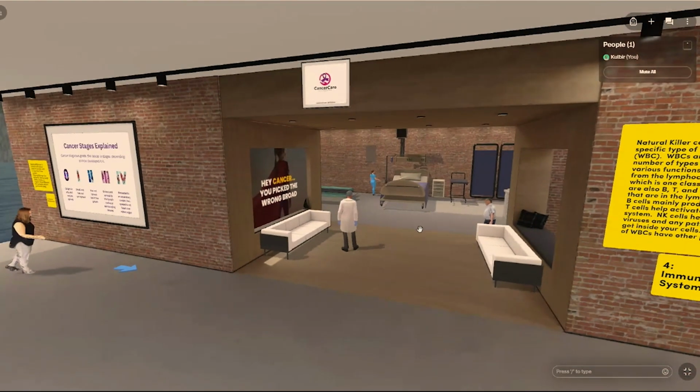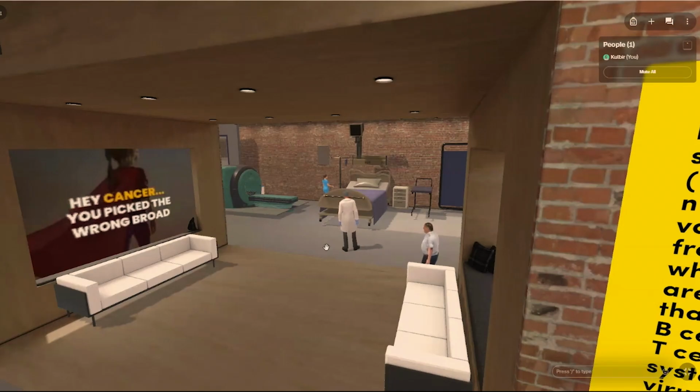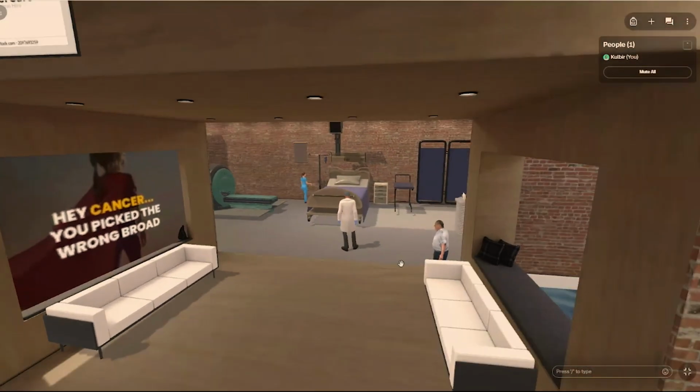If you continue in this space, there's the standard CT scanner, which is often used as an imaging modality to diagnose cancer. And then on the right side, so we have,